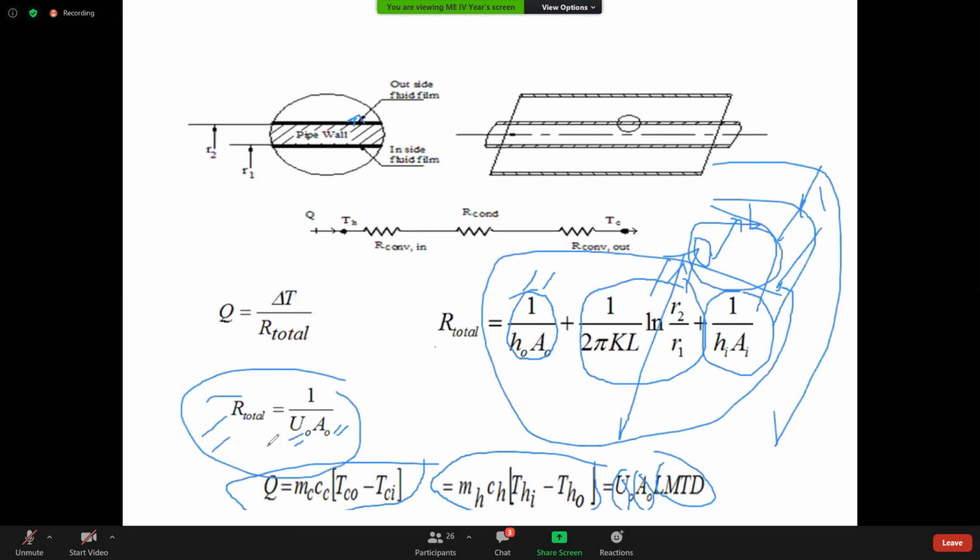If you know the thermal resistance of the fluid, of the conductive resistance, again convective resistance. These two are the fluid resistances. This is the solid resistance. That R total. If you know this R total, you can calculate U naught. That U naught can be substituted here. In many cases, as I said, this will be